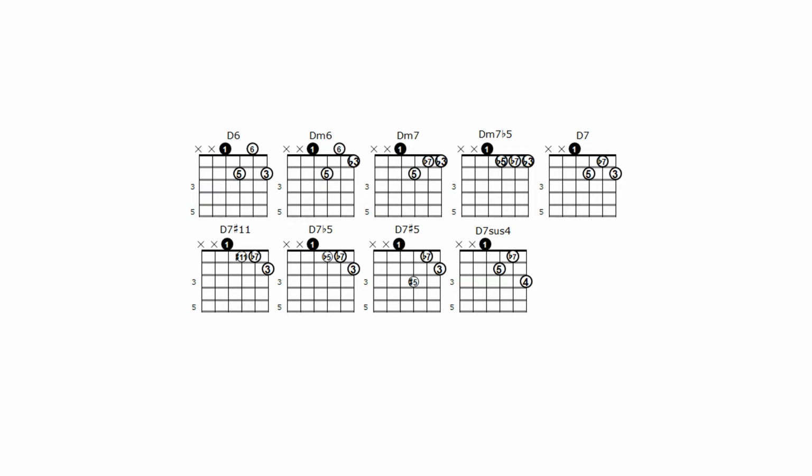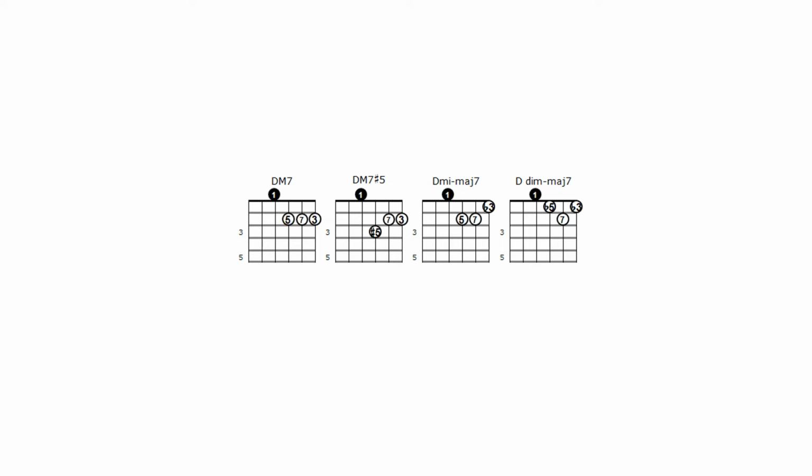Seventh chords with a flat 7 include D minor 7, D minor 7 flat 5, also known as D half diminished, D dominant 7, or D7, D7 sharp 11, or D7 flat 5, D7 sharp 5, and D7 sus 4. Seventh chords with a natural 7 include D major 7, D augmented major 7, D minor major 7, and D